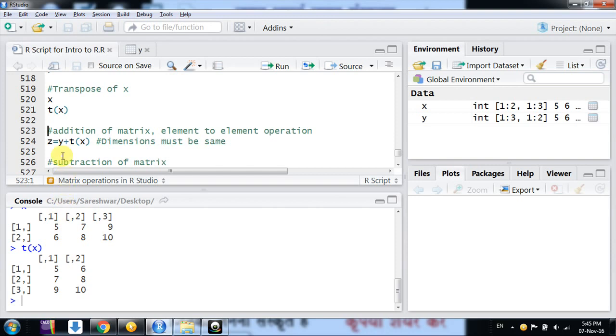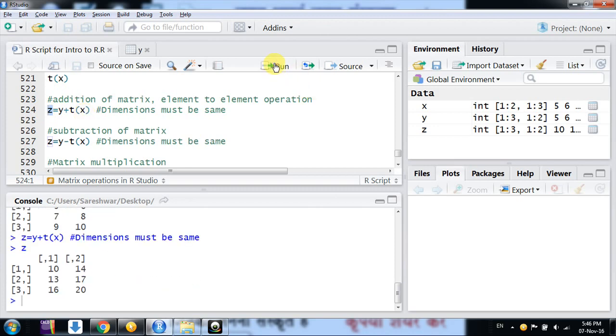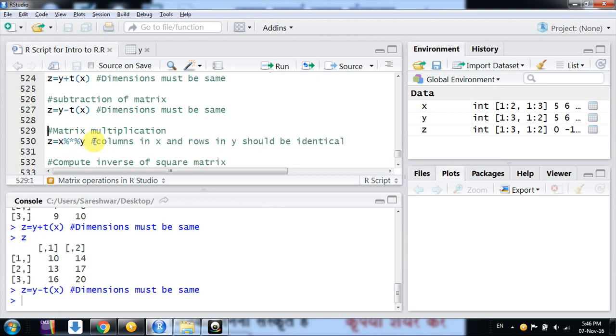Here the matrix Y is a 3 by 2 matrix, and the transpose of X is also a 3 by 2 matrix, so we can add them. Y plus transpose of X gives a new matrix Z. If we see Z, it's addition element by element. Okay friends, now subtraction of matrices. Similarly we can use the minus sign for subtraction, and the dimensions should be the same.